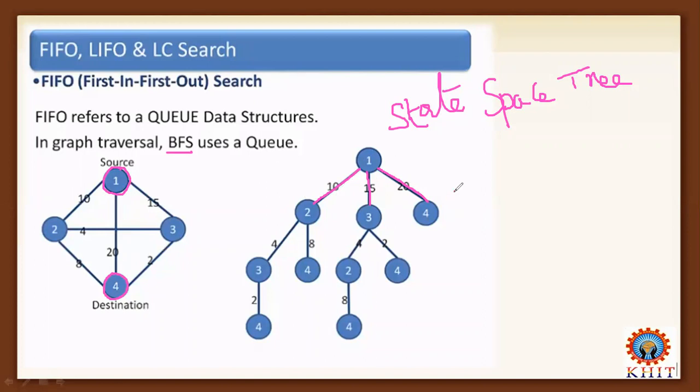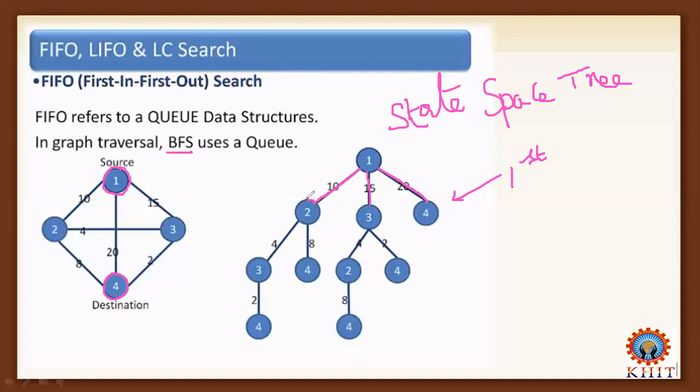So this is the first iteration. In the first iteration, I have generated 3 children nodes, namely node 2, node 3, node 4 from the root node 1. Here, node 2, node 3, node 4 are considered as children nodes, but node 2 and node 3 are further expandable with children nodes.